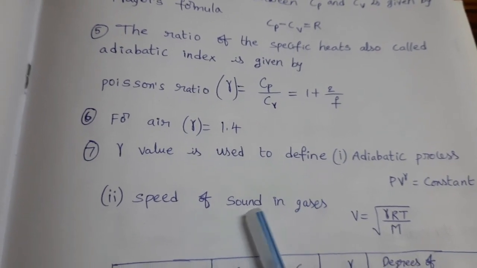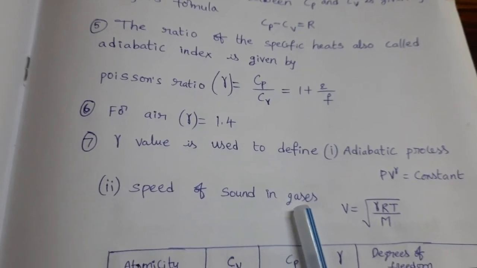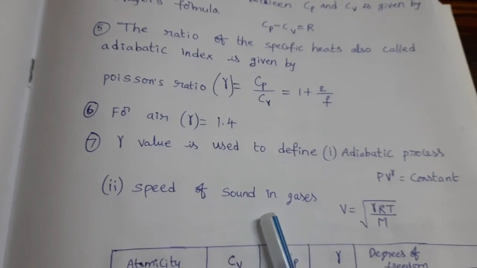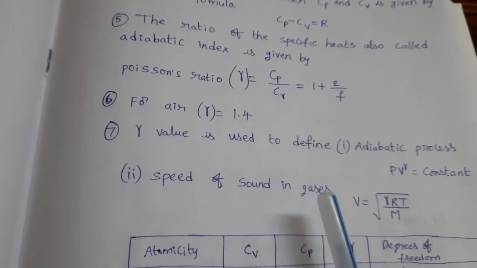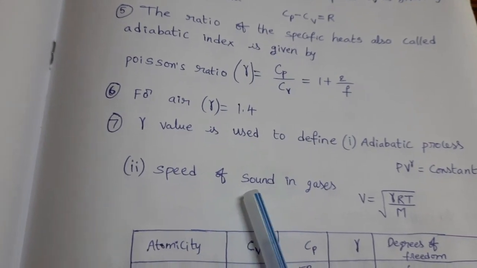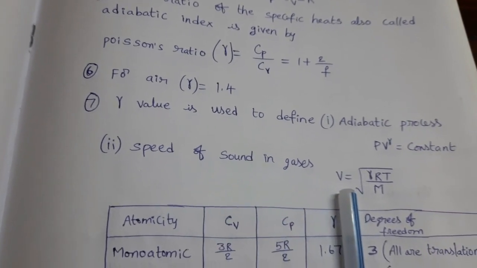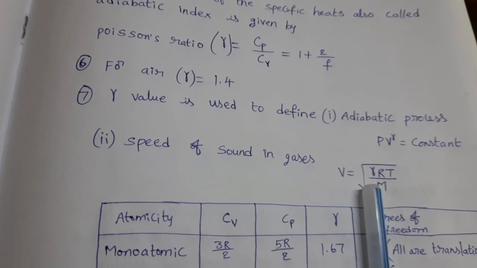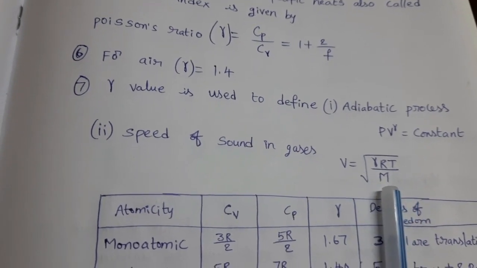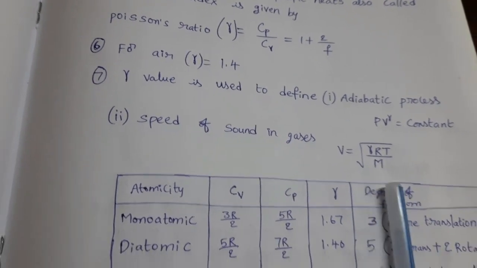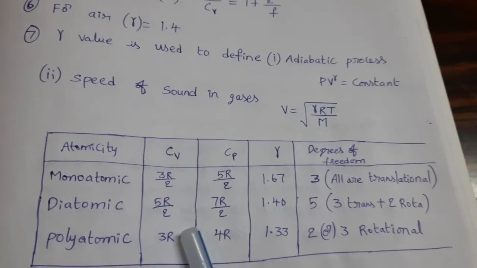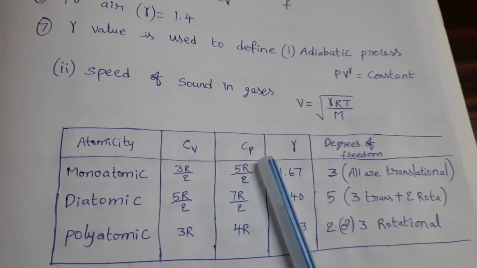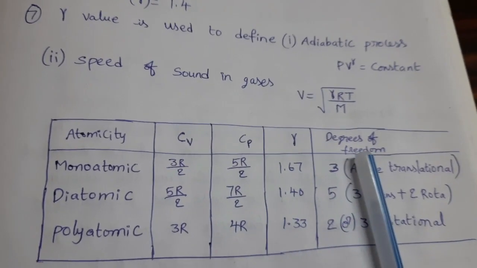Second one is speed of the sound in gases. In different gases, monoatomic gases, diatomic and polyatomic gases, what is the speed of this sound? If we want to calculate, then the suitable formula is V equal to square root of gamma into RT by M. Okay. Now, for monoatomic, diatomic and polyatomic, these 3 types of gases, Cv, Cp, gamma and degrees of freedom,